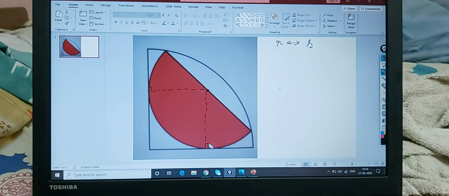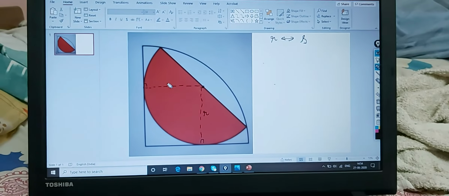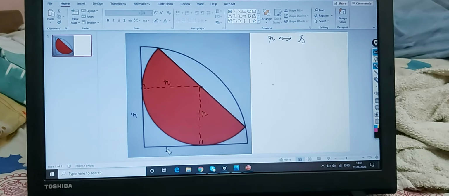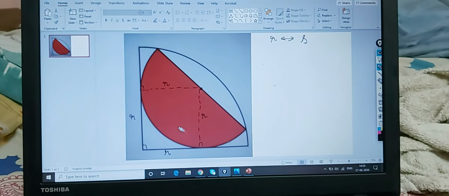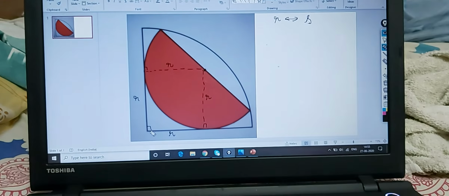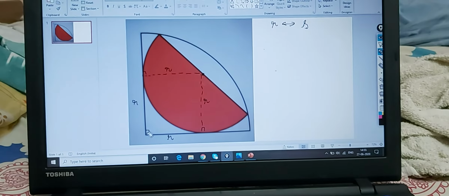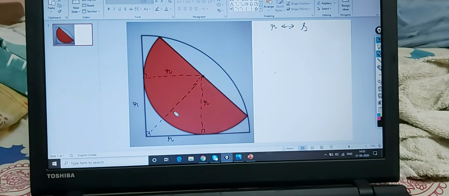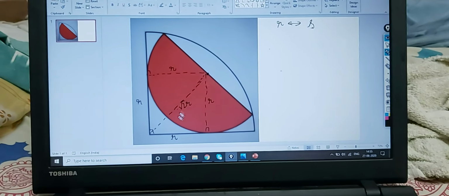Just again drawing here. So what would be this? This is r, this is also r. So by symmetry, even this will be r and this will be r. So by symmetry, this is already 90. So there's no other go, but everything should be r. So this is what you have now. So let me again draw a line joining this part to the center. So what would be this part's length? Is it root 2r by Pythagoras theorem, right? So this will be root 2r.